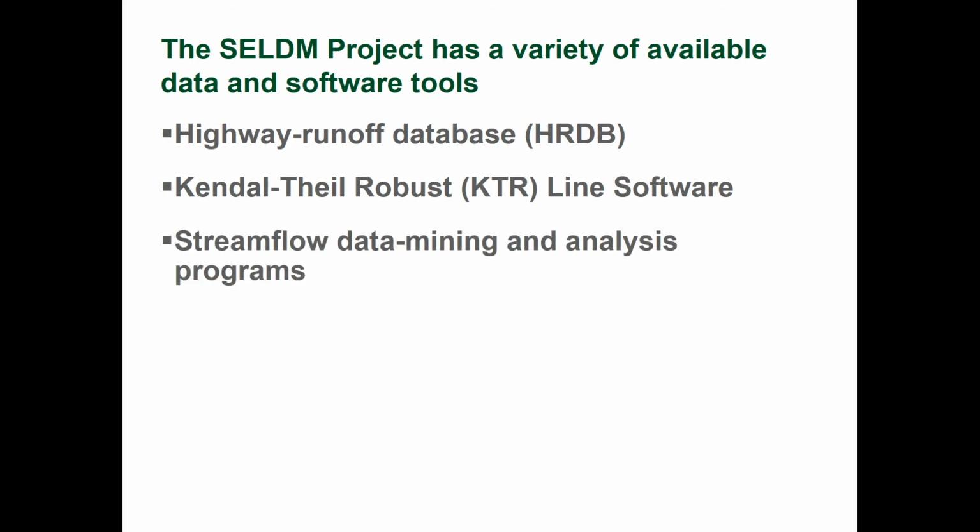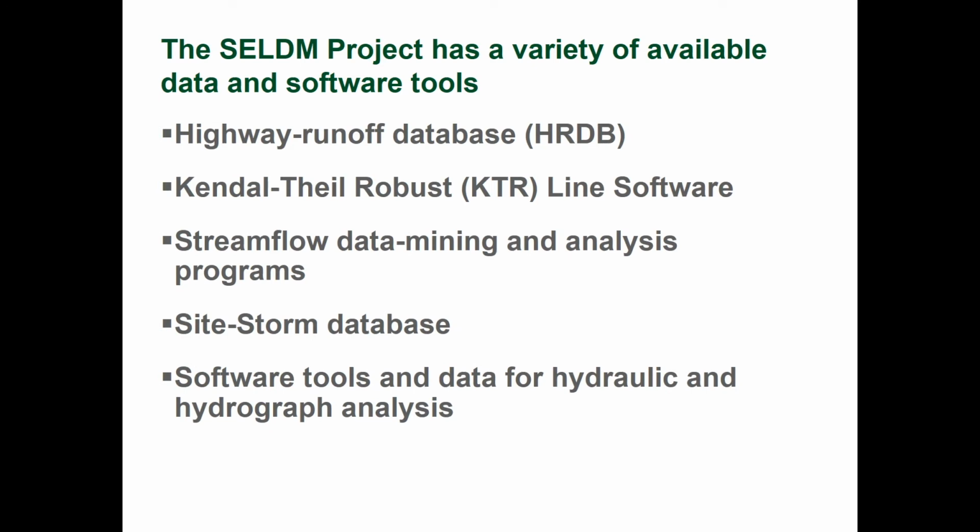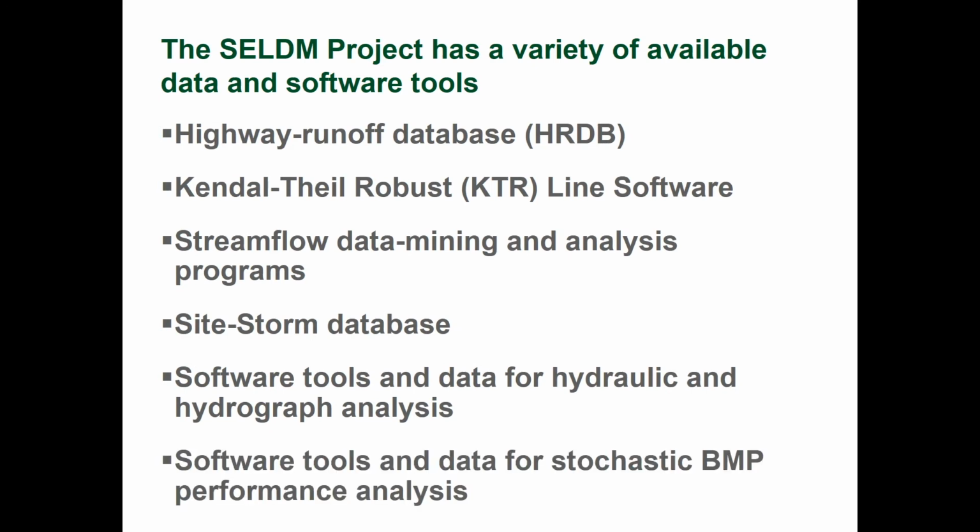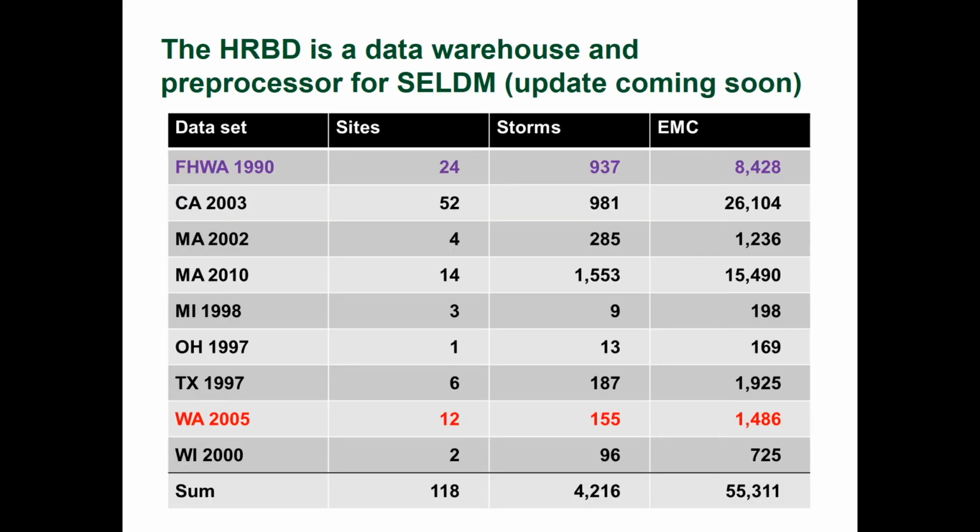There are 5 different streamflow data mining and analysis programs. And there is a SiteStorm database, which is a database with precipitation event statistics and rainfall runoff data. In addition, the project offers software tools and data for hydraulic and hydrograph analysis, as well as stochastic BMP performance analysis. The USGS, in cooperation with the Federal Highway Administration, developed the Highway Runoff Database as a data warehouse and